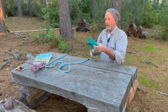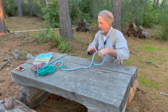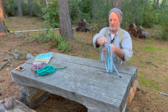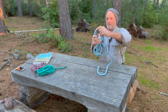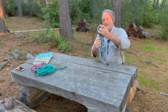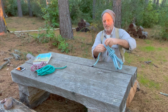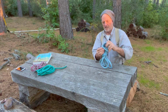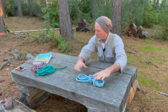But I just find that the reason why I like the figure eight better is the finish. Because when I'm doing a figure eight, you get that hourglass shape in the waist right there. So when I go to tie it up, it already naturally has a waist to get wrapped around. And then I throw my lark's head over the top and it locks it off like that. Right? But the one over, one under,